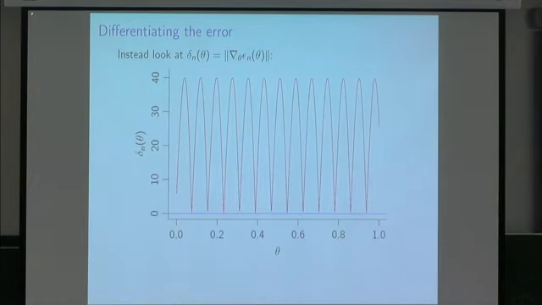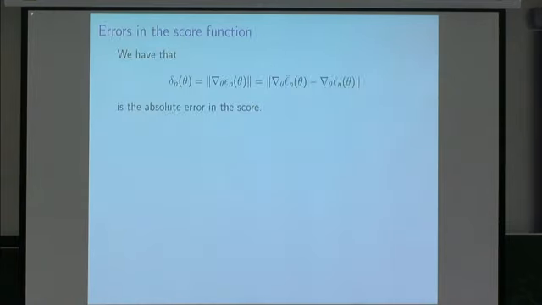So we can do that. We can look at what I call delta n, which is just the size of the derivative of the epsilon n, so the derivative of the error in the log likelihoods. And sure enough, the blue approximation now has 0 error in this measure, and the red one has much higher error. And what is this delta? It's the size of the derivative of the epsilon. Epsilon was the difference in the log likelihoods, so it's the difference between the derivative of the approximate log likelihood and the derivative of the actual log likelihood. So it's the error in the score function.